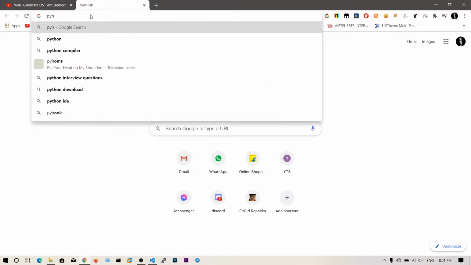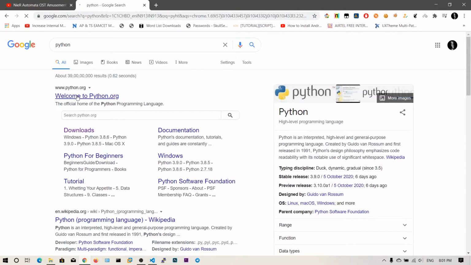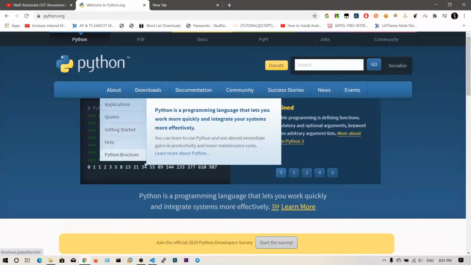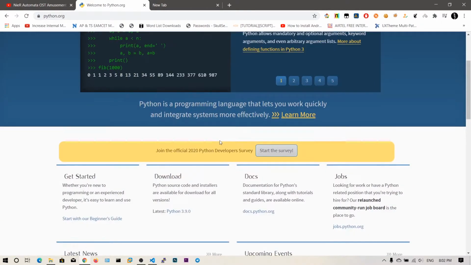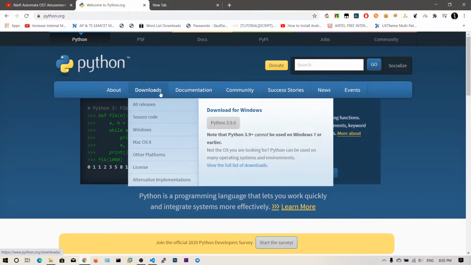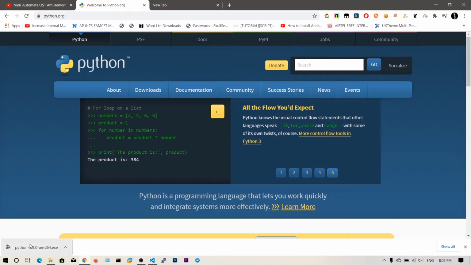by default. All you need to do is type Python in Google and you will get this website called python.org. This is the official website, and here you can download the installer. Click on download and download for Windows. I'm not sure about this Python 3.9, but let's go ahead and download this one. If in your Linux distribution Python does not install, then you need to type sudo apt install python3. So my binary has been downloaded.